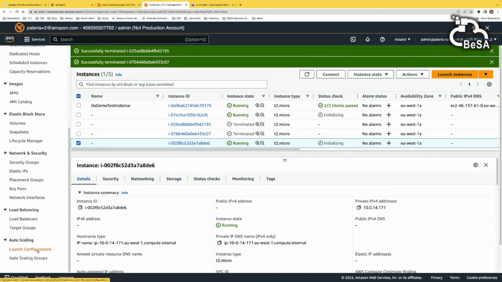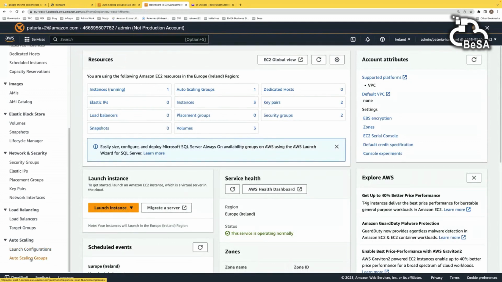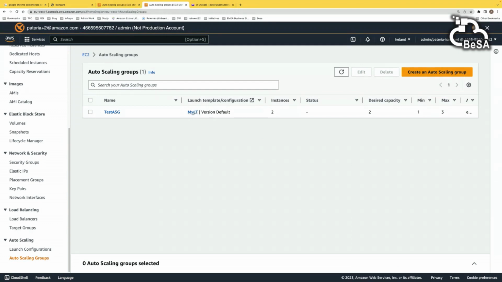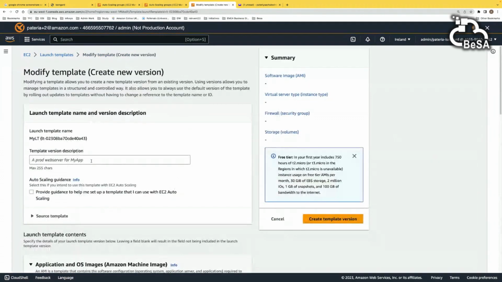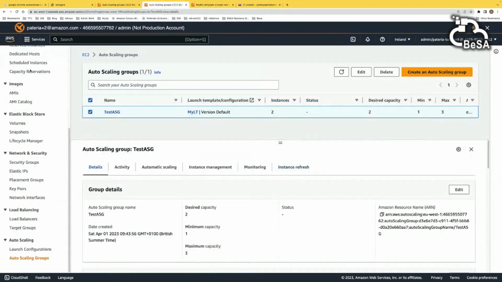I told you, right? So where is the launch template? Yeah. So launch template. So suppose you want to change it, right? Modify the template. So the name will remain the same, and it is version 2, and you put a new instance family, right? Okay, so before that, let me show you one more thing.